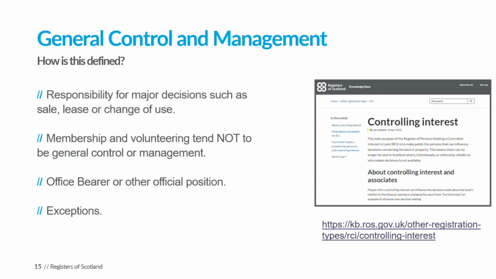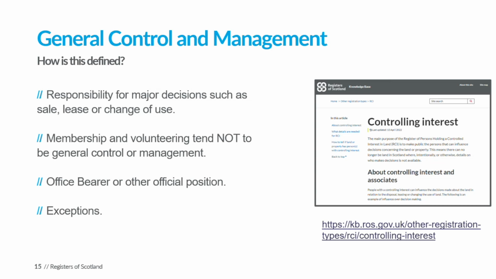It tends to be someone in an office-bearing position. It is unlikely that, for example, helping to choose what colour the door will be painted will, on its own, qualify as an associate role. Additionally, standard membership of an unincorporated body will not in itself make a person an associate. It is only where there is responsibility for general control and